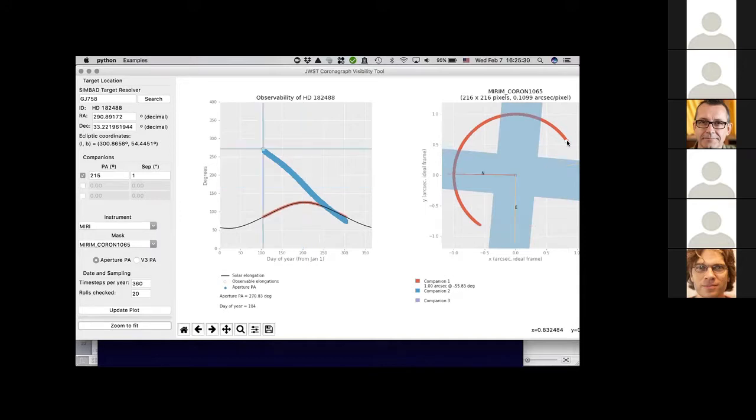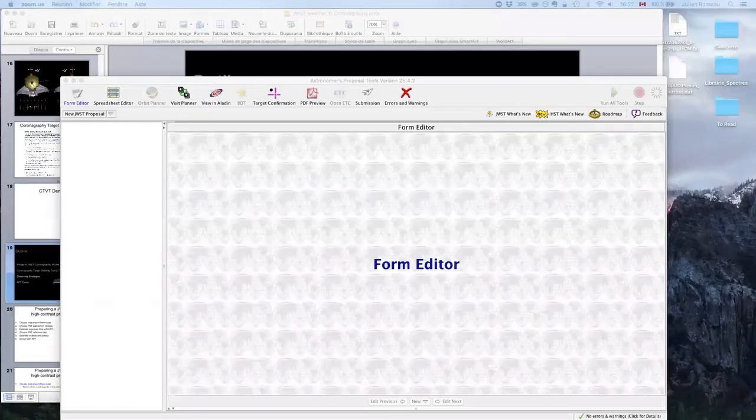So you can see here that, for example, you have basically three windows to observe the target. You have this window that starts here, this 100th day, that ends roughly at the